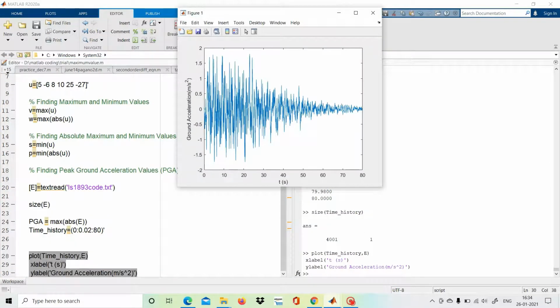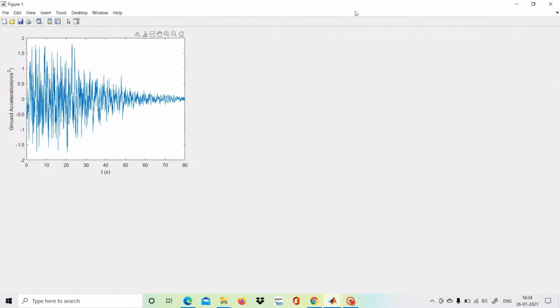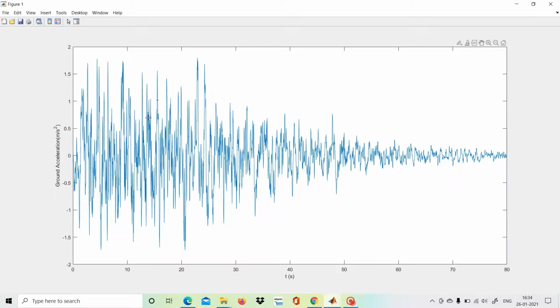If we enlarge it, this is the earthquake ground acceleration time history. Time is given in seconds, so it covers 80 seconds. Above the zero value we consider positive values, and downward are negative values.